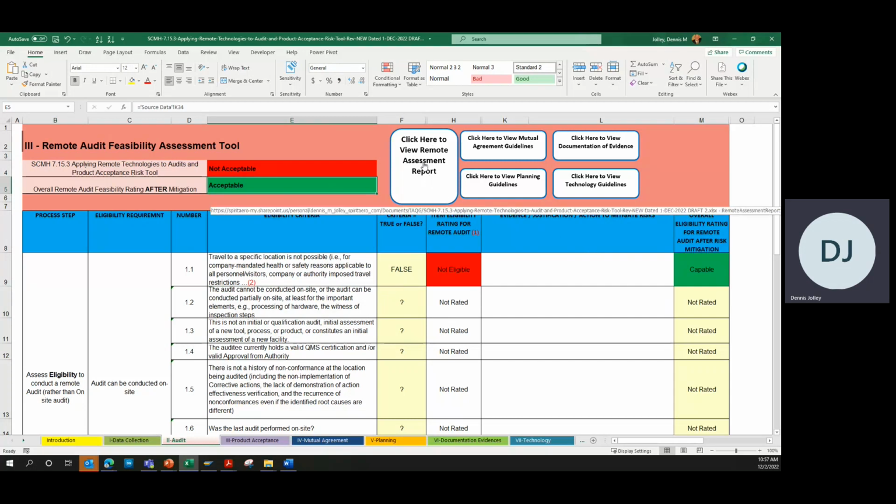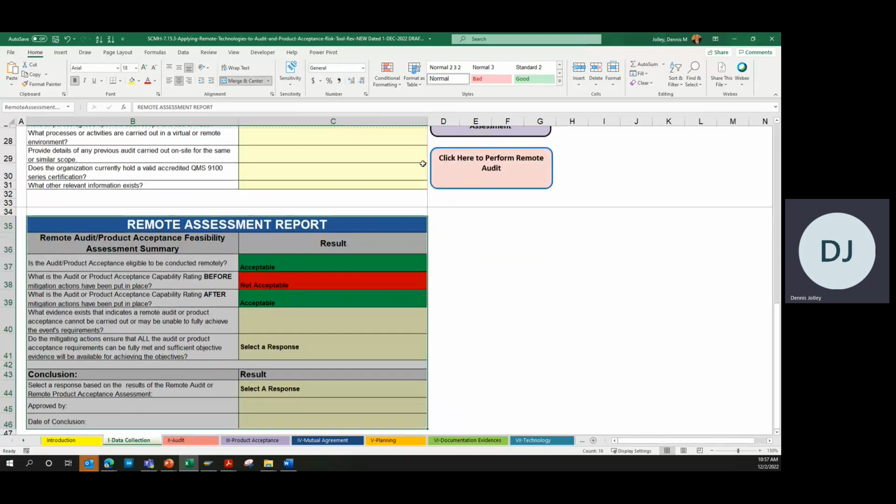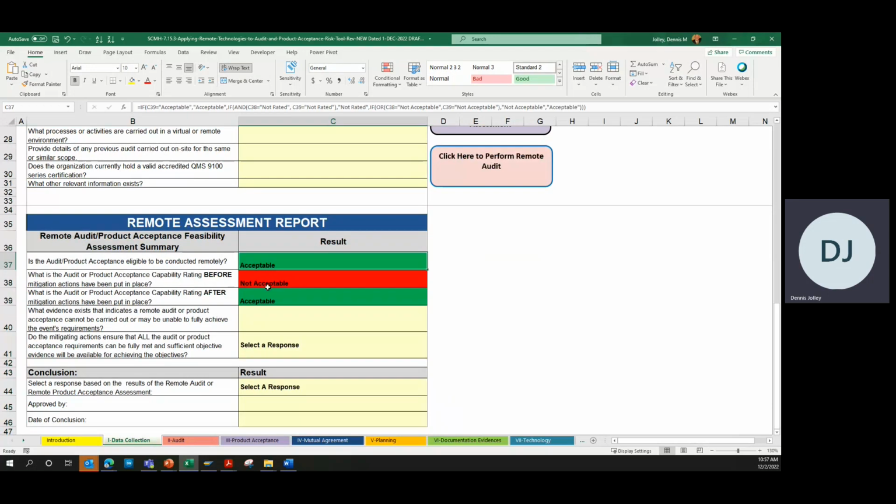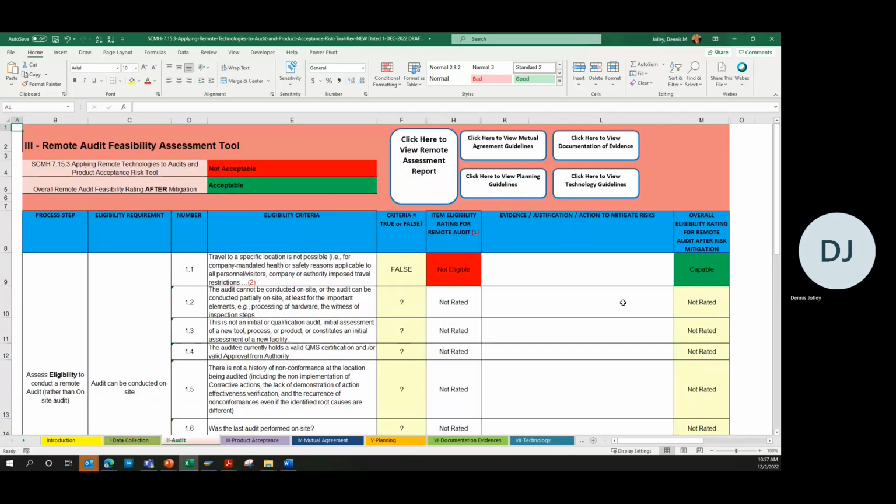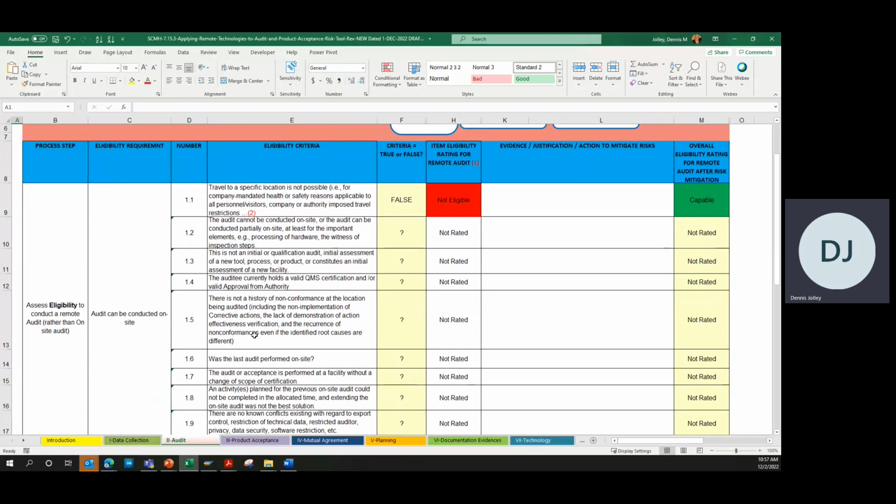Again, if you go back to the remote assessment report, it shows that here as well, that it was not acceptable before, but it was acceptable afterwards, and you use that to finish out the report. Let's go back to our remote audit. As we're going through all of the questions, you determine that